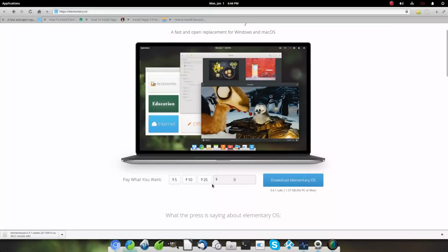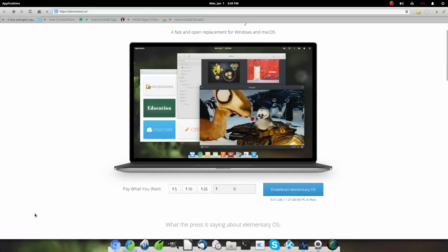So you can just hit 0 there if you want to. Now I would encourage you that if this is a distro that you use on a regular basis or you believe in the project, definitely support them for a certain amount. But what you'll notice there is that I had no option. I'm just simply downloading a file, and I assume that the file is going to work on my AMD64, but I really don't know for sure. I didn't have any options as to what the type of processor was.